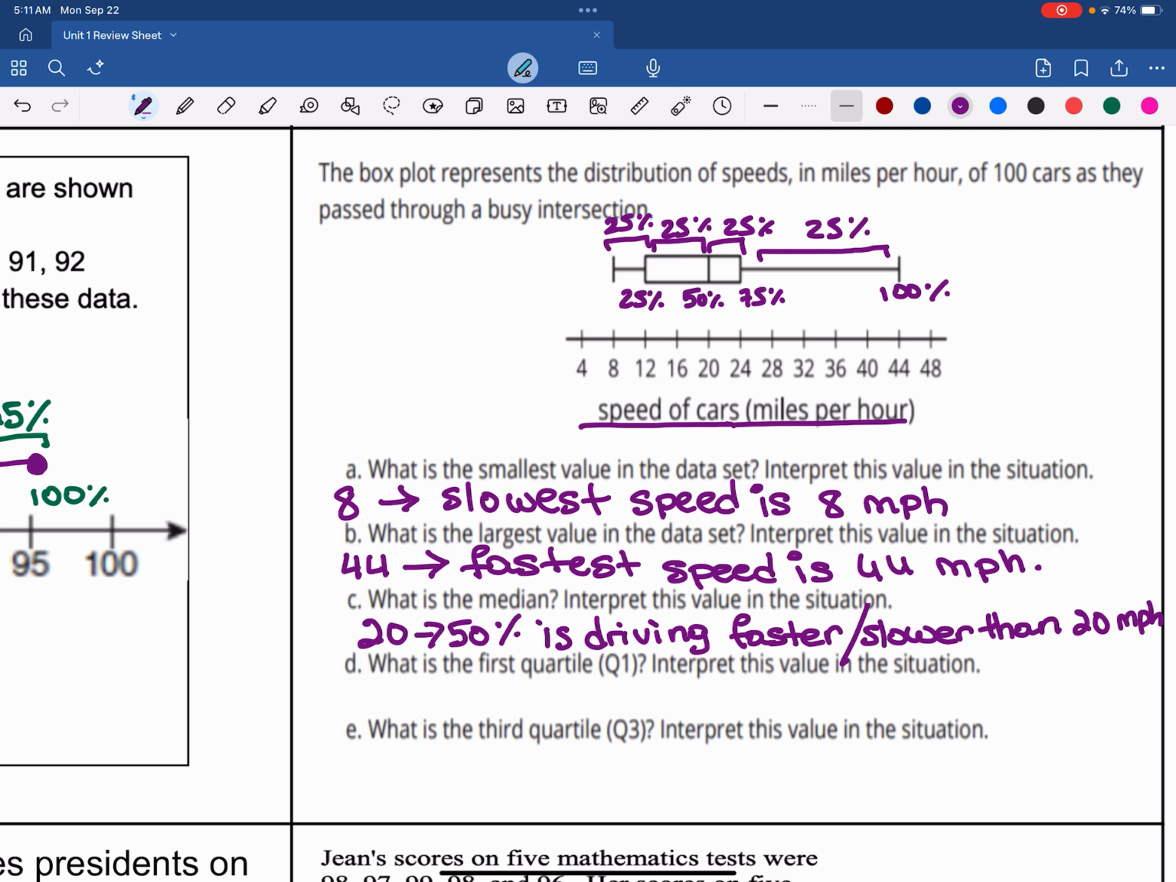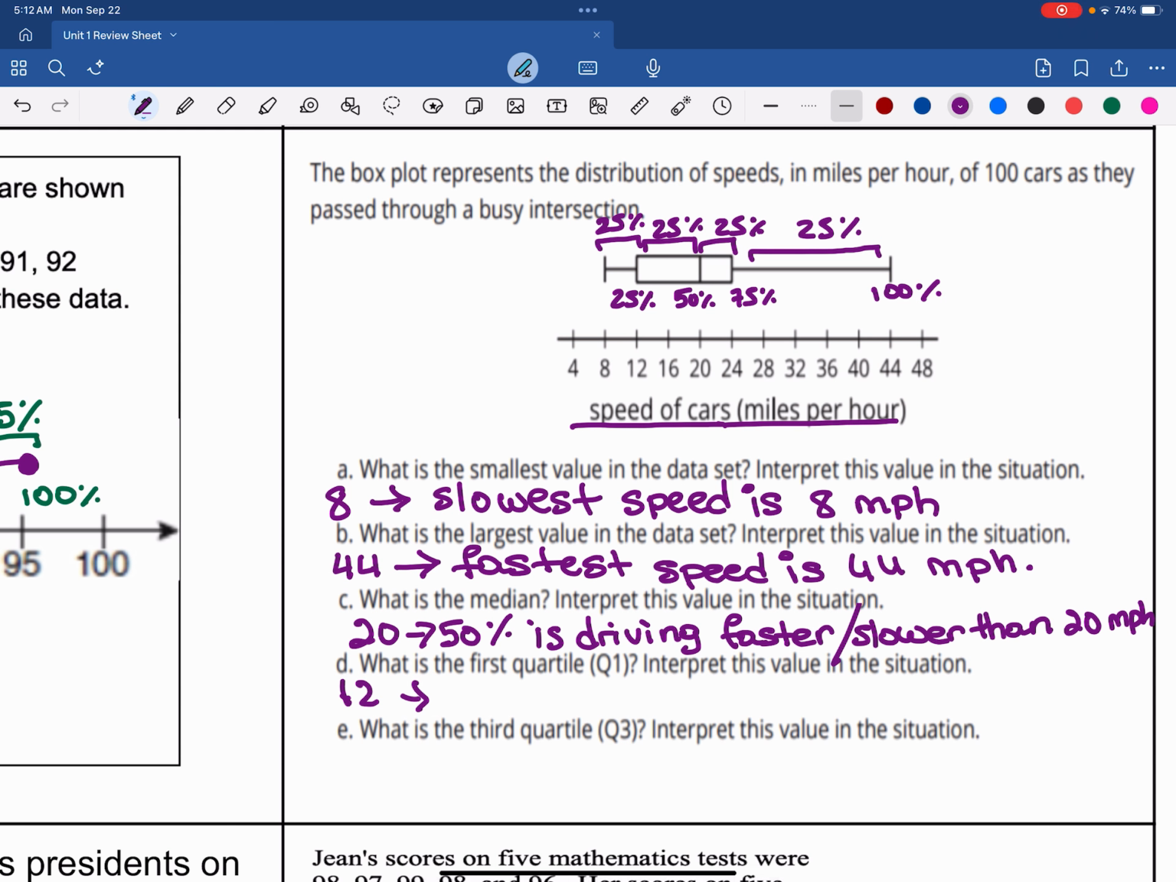So it's asking us, what is the first quartile? We know that that is 12. And if we make an interpretation, we can say 25% of the cars are driving slower than 12 miles per hour, or 75% of the cars are driving faster than 12 miles per hour. I'm going to go with slower, so 25% is driving slower than